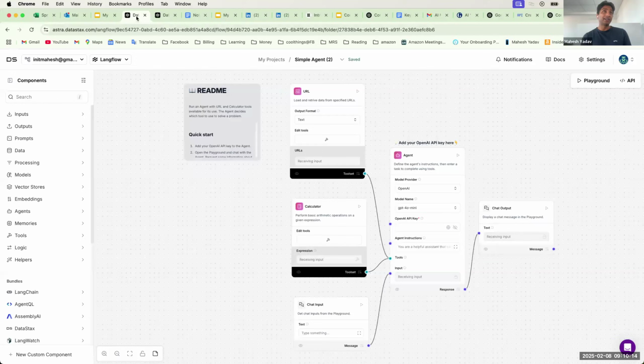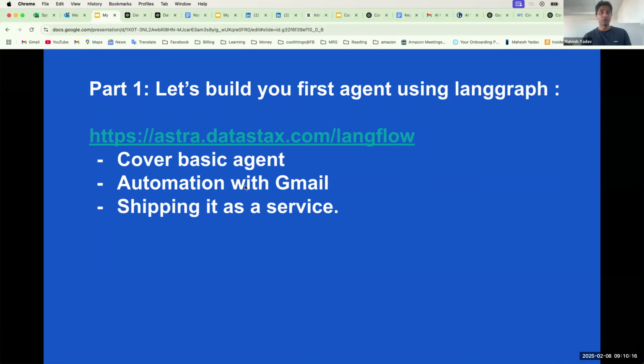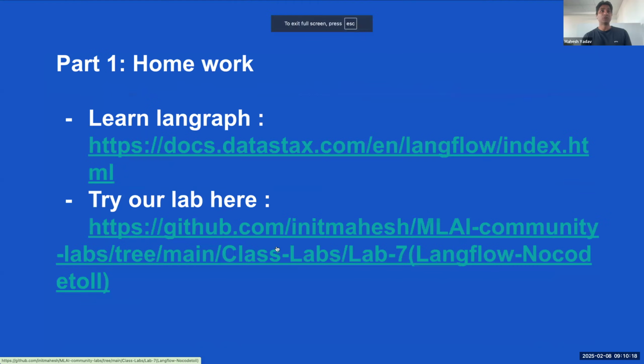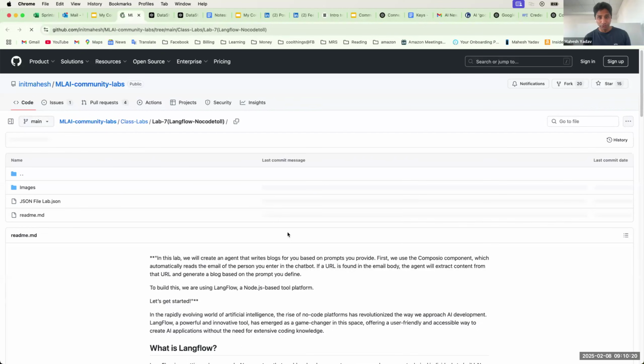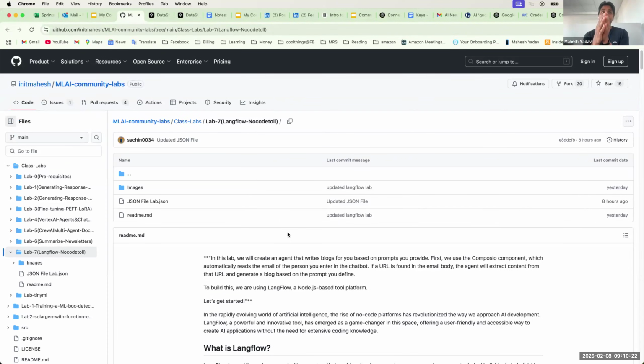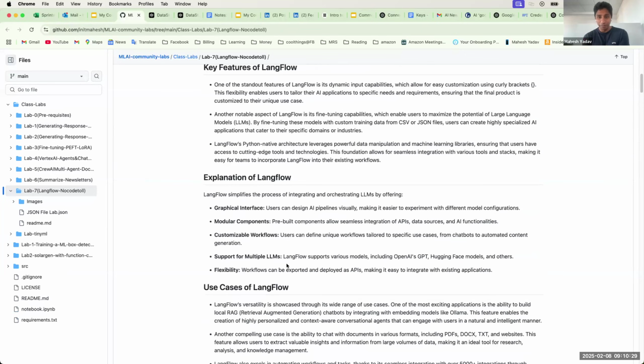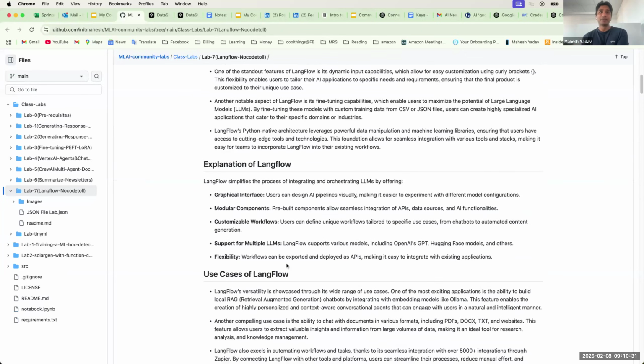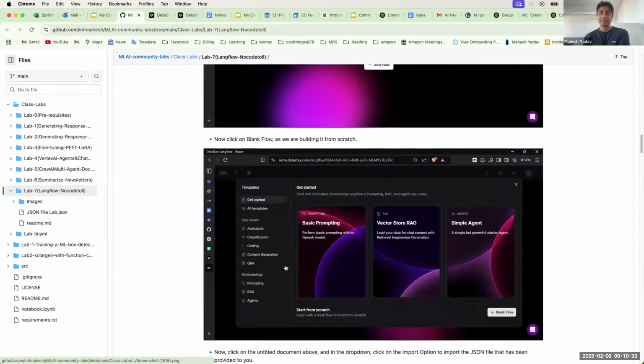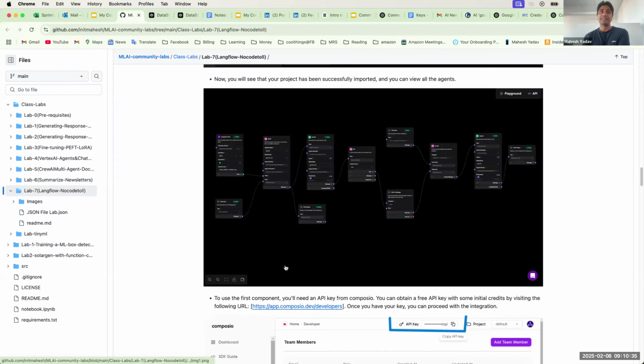I'm not going to walk you through that today, but if you go here, the next one, thanks to Neeraj and Sachin, they have posted it on GitHub. This is my next agent. This agent teaches you, not me, how to use Langflow, how to connect your Gmail and create this flow.